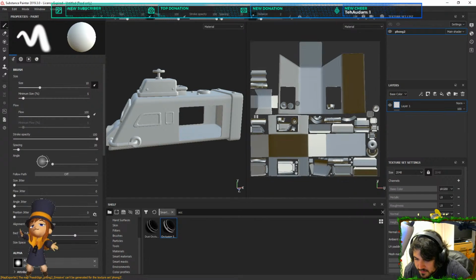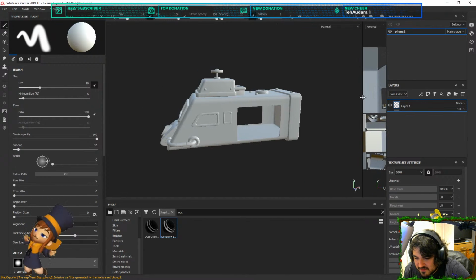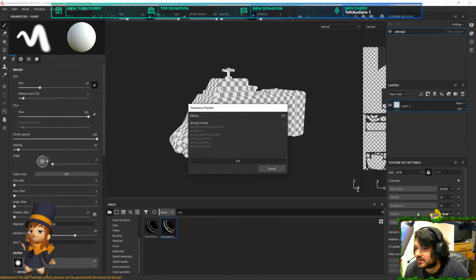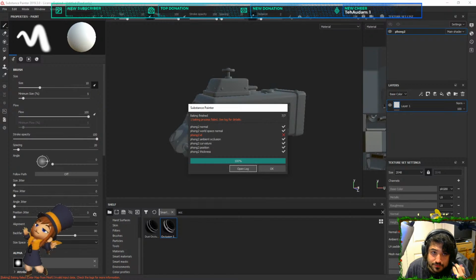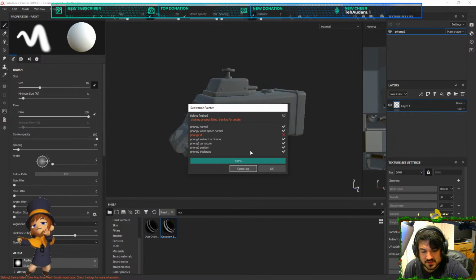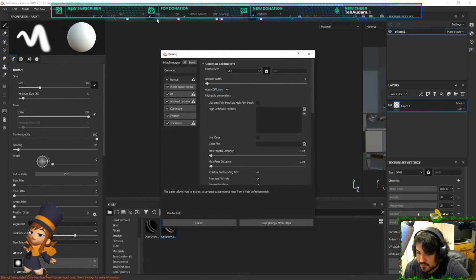Boom. Scoot that over, we can ignore that. Alright. Maybe baked materials for this one. I might need to just get some edges done really quick. Why was that so fast? Oh wait, I know why.